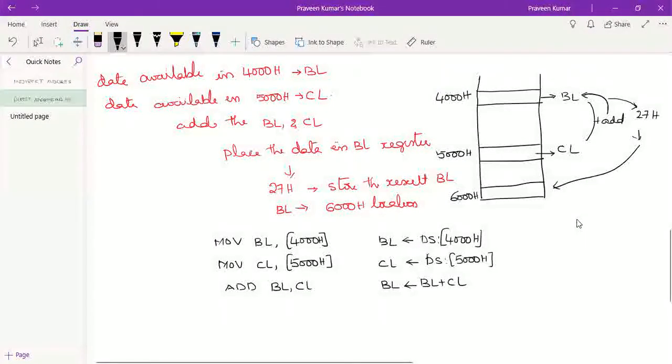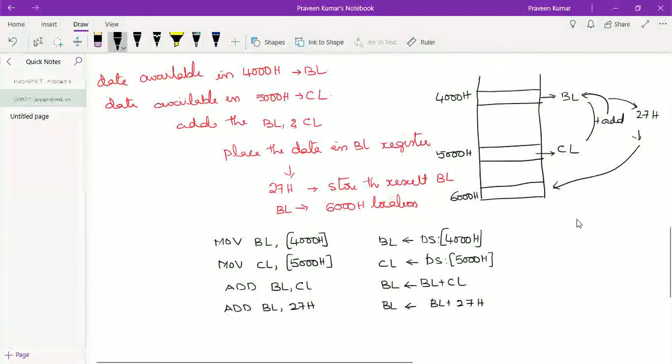After this, in the BL register, the data available is the result of adding the BL register and the CL register. To this one we have to add, so ADD BL, comma, 27H. So we are adding 27H to the data available in BL and placing the result back in the BL register.